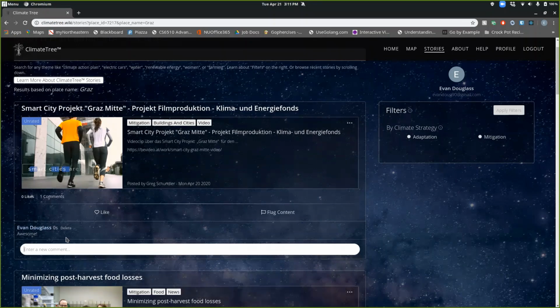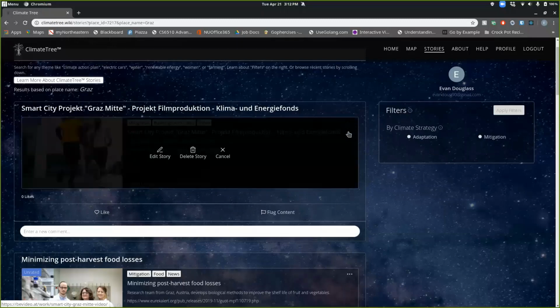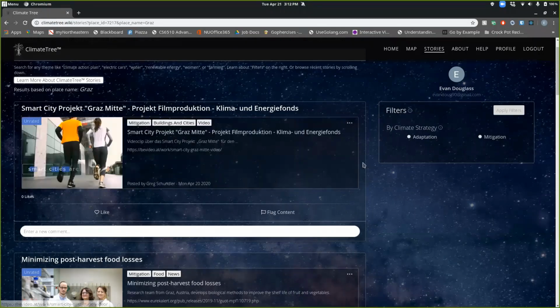Moving on, as a user, you can delete your own comment. So I can delete my comment. If I had posted this story, I could delete that too. And in the vein of helping to make content good, we also have a moderator role, and moderators can delete all comments, they can delete stories, and they can edit stories as well. So I happen to be logged in as moderator right here. So if I click on the little ellipsis, this is what you'll see. You can edit, delete, or just cancel out of that. But I won't go into that too much right now.